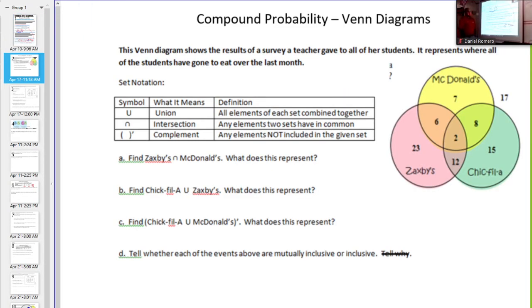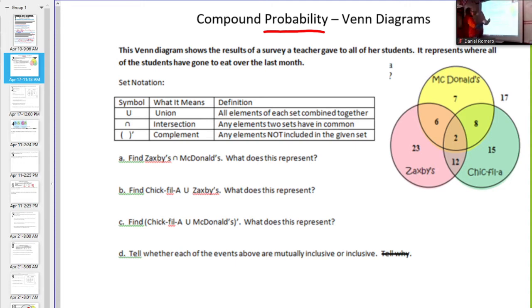Jump into the notes. Alright. We saw this last week, a Venn diagram. Now this is a little bit different because it has three circles that are overlapping. But they're only going to ask you about two at a time, so we can ignore that third circle when they ask you each one. So now none of these here say probability, though. They're not asking you to calculate probability. Well, I guess up here it does say probability, but